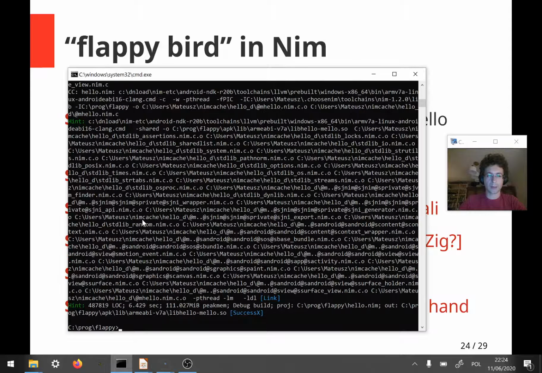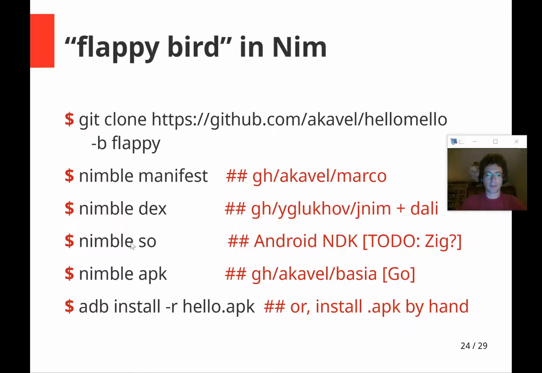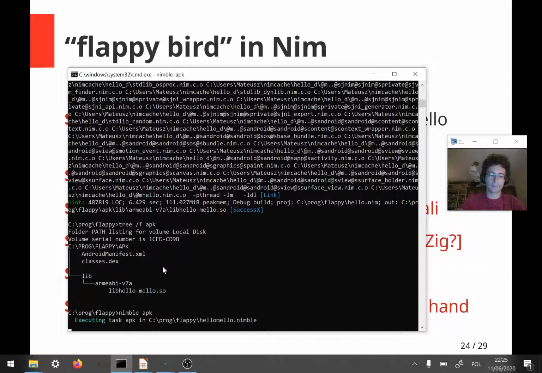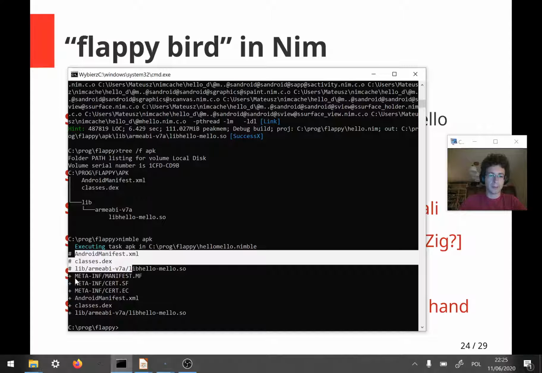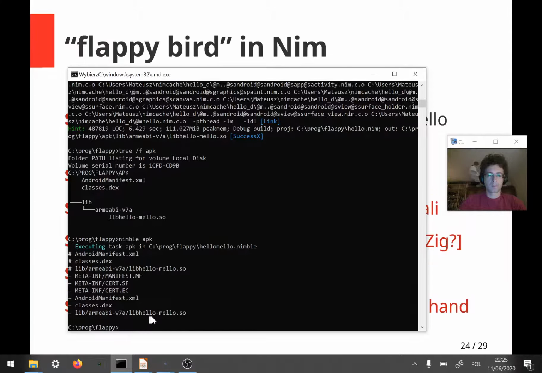Here we see Android NDK is running. So we got the manifest, we got the classes glue, and we got the native library. So what's left is to package them into an APK. Here we can see the input files and the files that were added to the zip. Okay, and for the final step,